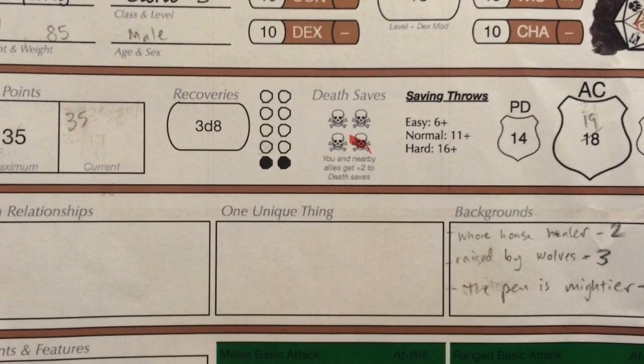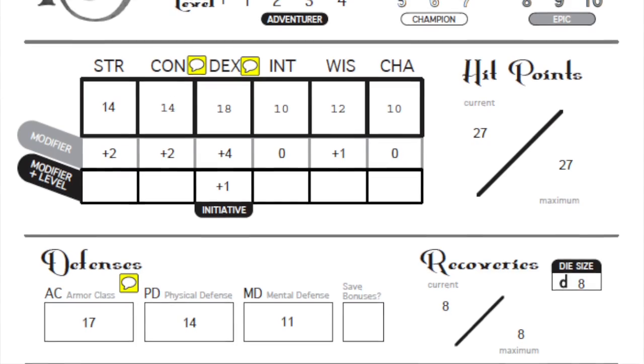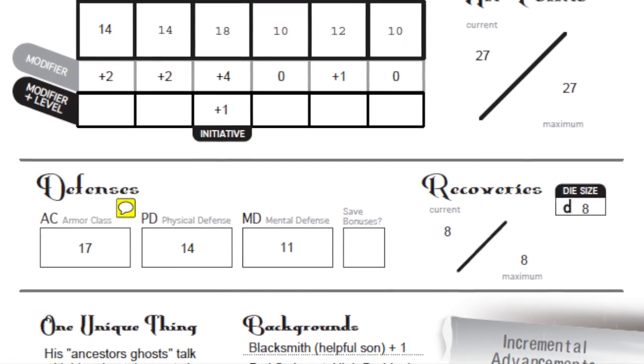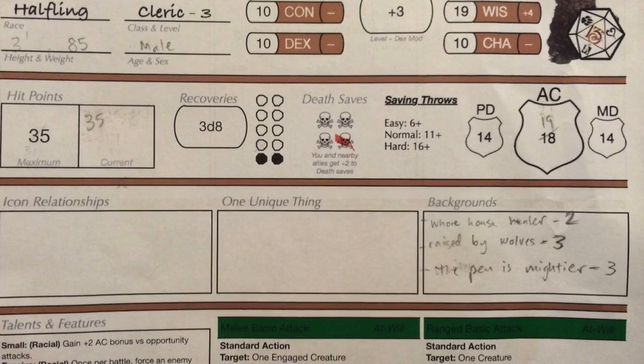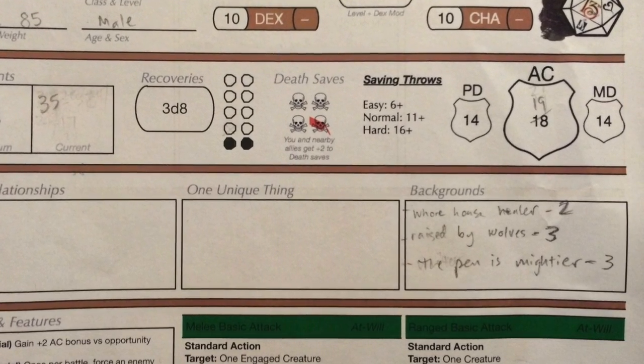But I looked one up, and I found a character on a blog that someone had posted, and his one unique thing was that his ancestors' ghosts followed him around, always talking to him about his past, present, and future. So you can see how that might play into the game a little bit. And then backgrounds. We did focus on backgrounds, and that's a really big part of 13th Age, actually. You almost don't have any of the traditional skills you would in D&D or Pathfinder. Your skills are going to be based on your background, and you have to be creative in deciding how your background is going to give you certain bonuses in certain situations.